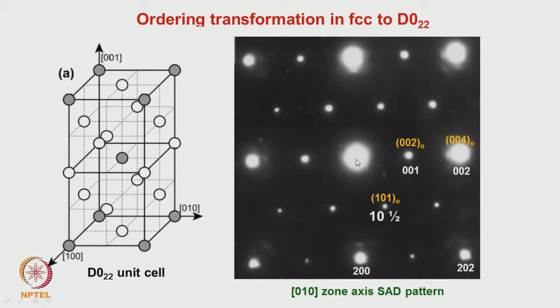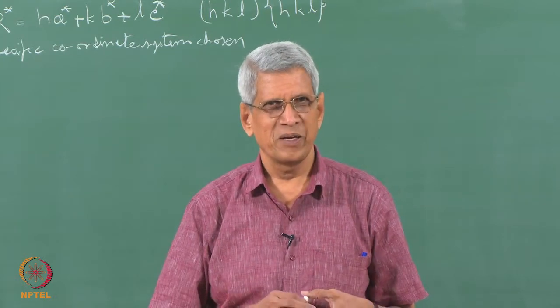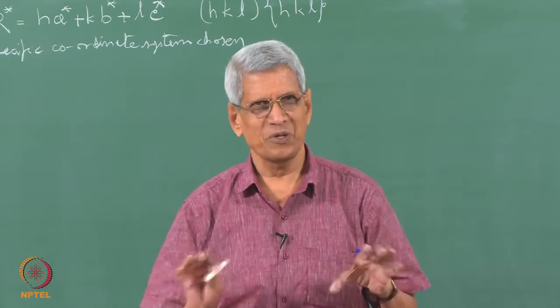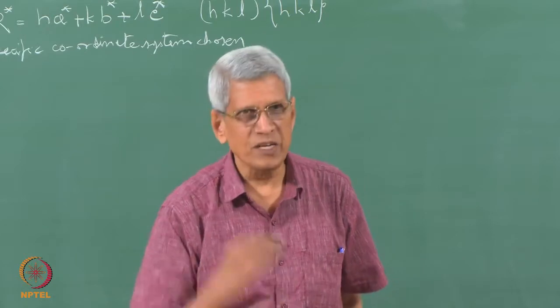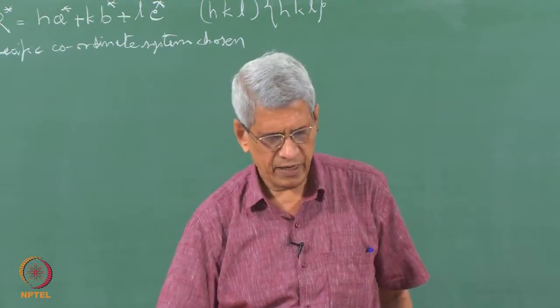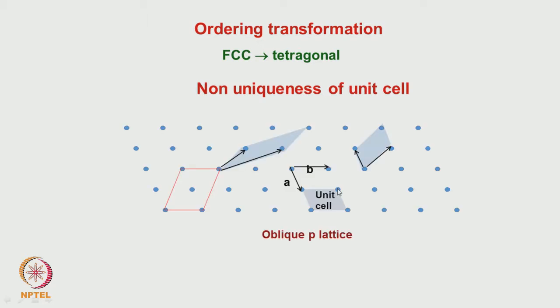Similarly, in terms of the matrix or the FCC lattice, if we represent this specific spot, we will represent it as 10.5, which in terms of the ordered lattice will be represented as 0101. From looking at this, we can make out that some correspondence is there, but is there any procedure by which we can determine this? This is what we are going to discuss in today's class. This is just an example to show what the need for it is. FCC to tetragonal is one transformation which we have considered. I mentioned that this is not a unique one.